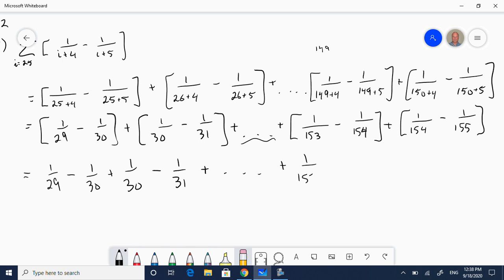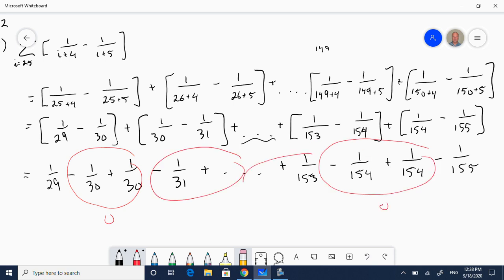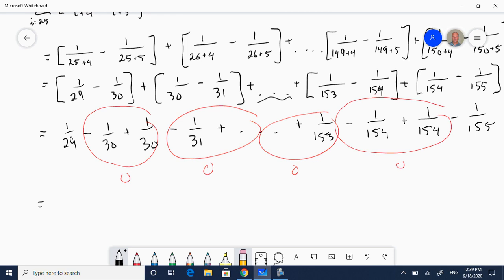So now I've got 1 over 153 minus 1 over 154, to leave it right here. Maybe point out that's 0. Sorry, this is 0. This one's 0. These next ones would be 0. This one would be 0. This is a whole lot of zeros in this expression. It really just leaves me with